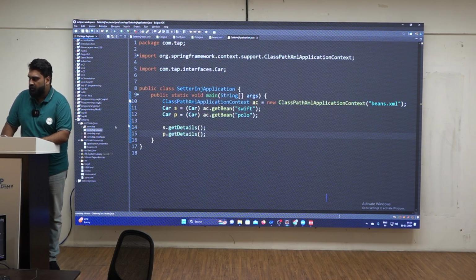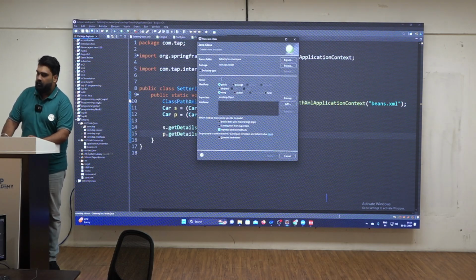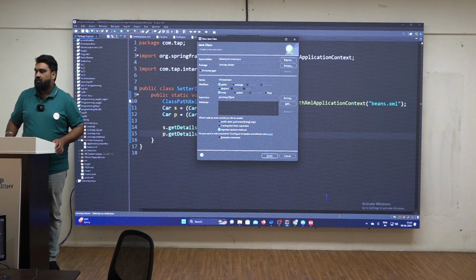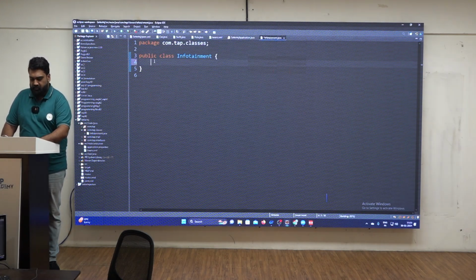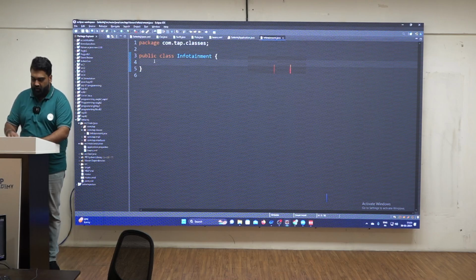So here inside this I will have a new class called Infotainment. Right? So I'm going to have a new class called Infotainment. And what I am now going to say is this Infotainment is going to have some details, right? Maybe a String type brand I have,